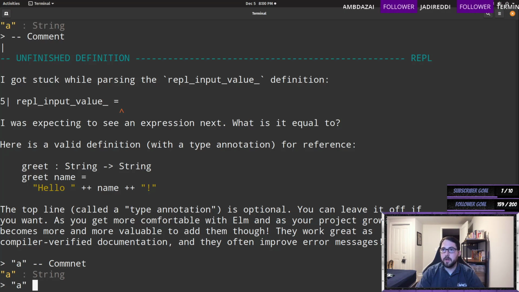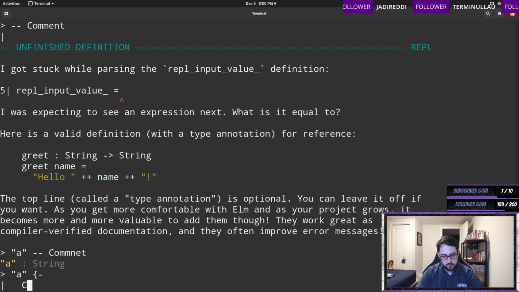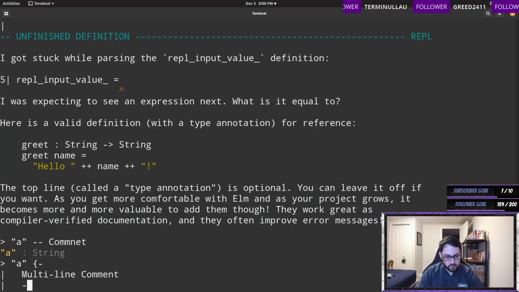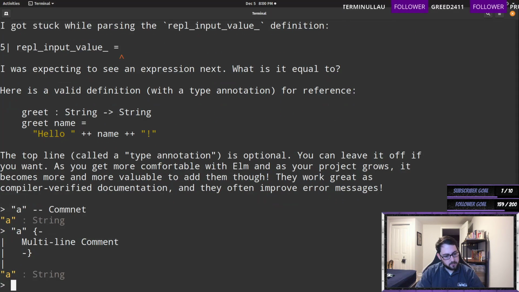There's also multi-line comments, which is nice. So can we do this? Multi-line comment. Yep, that's kind of cool. I really like the way this REPL behaves. Kind of nice. Okay, so